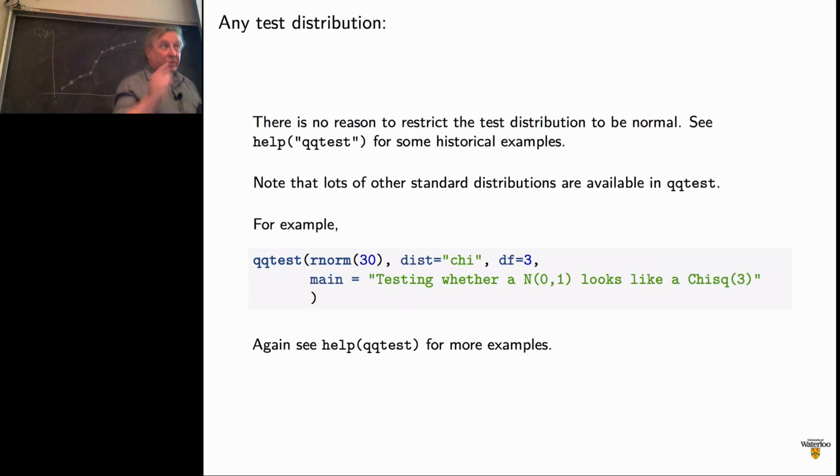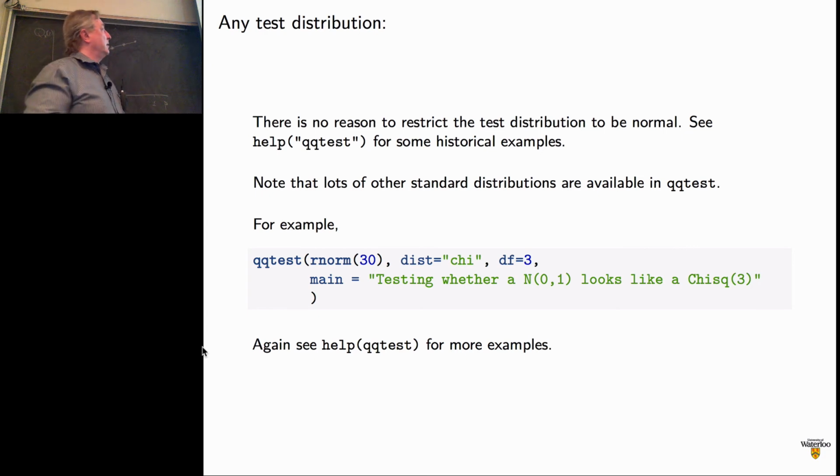Just wanted to briefly go over how we ended last day, because that was a bit of a rush on these quantile-quantile plots, particularly the so-called self-calibrating quantile-quantile plots from this package called QQ test. And again, to show you that QQ test can take any of the standard distributions that are available, and also any distribution you give it. If you have your own distribution function, you can hand it the quantile function for that and calculate the